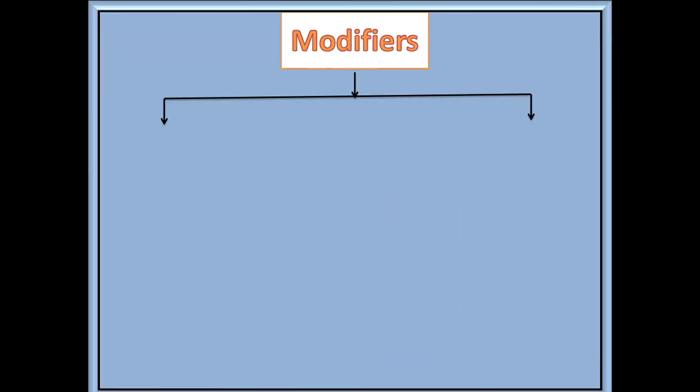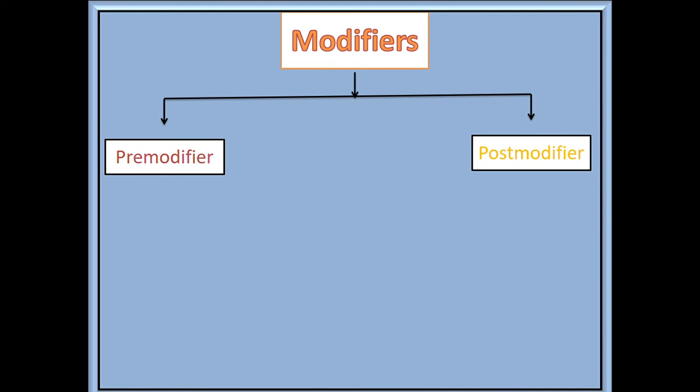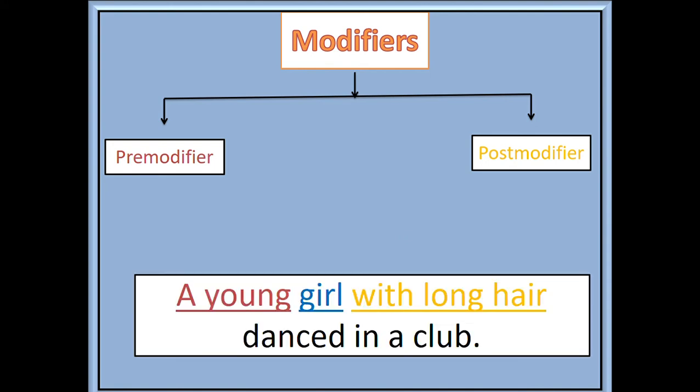Now see modifiers. Two types of modifiers, pre-modifier, post-modifier. Now there is a sentence here, you see. A young girl with long hair danced in a club. Here you see a young is a pre-modifier, girl is a noun, with long hair is a post-modifier which has